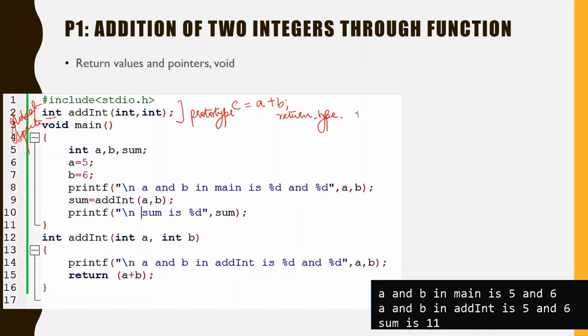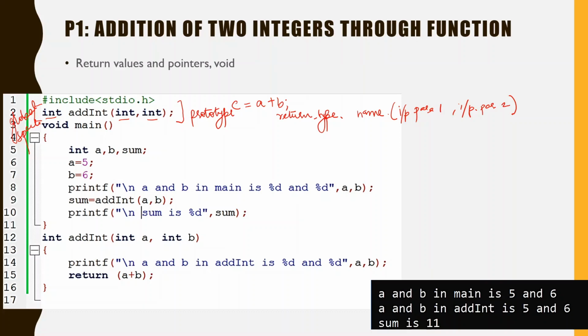Then add int is nothing but the name of the function, and then we have input parameter 1 and input parameter 2. But here you can notice that the input parameters are not written with their variable names. Only the data type of the parameters is written in the prototype.